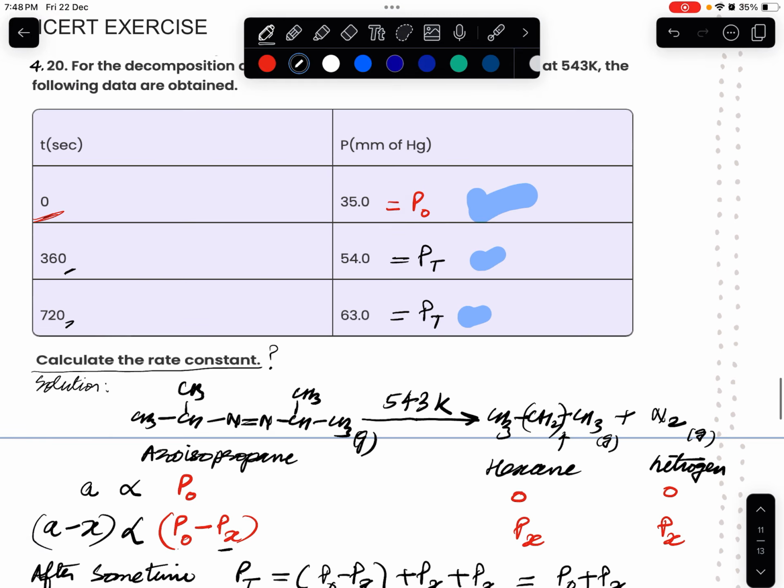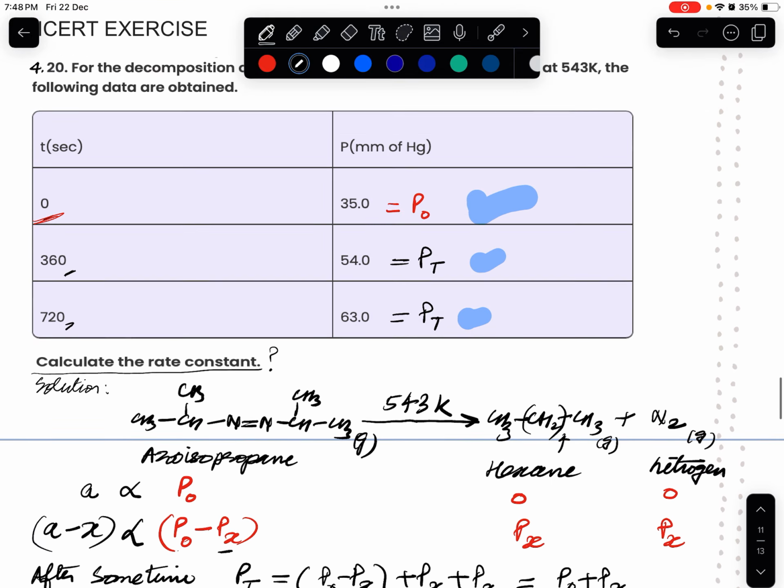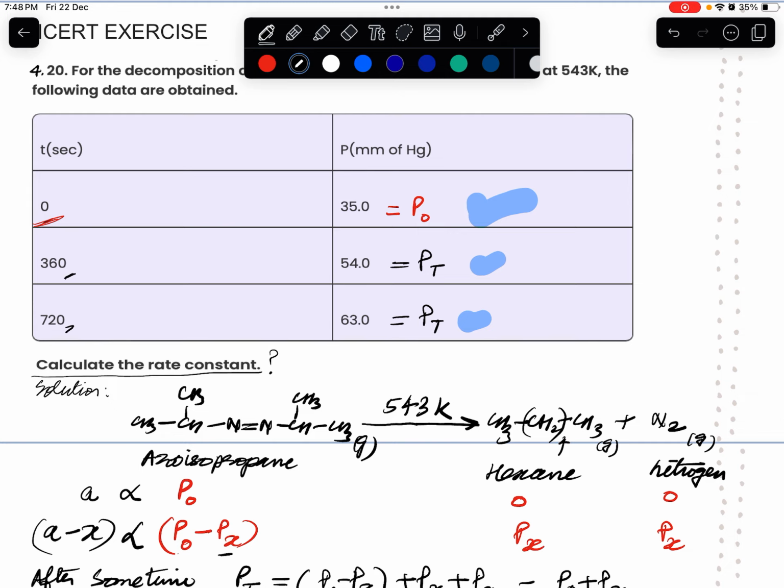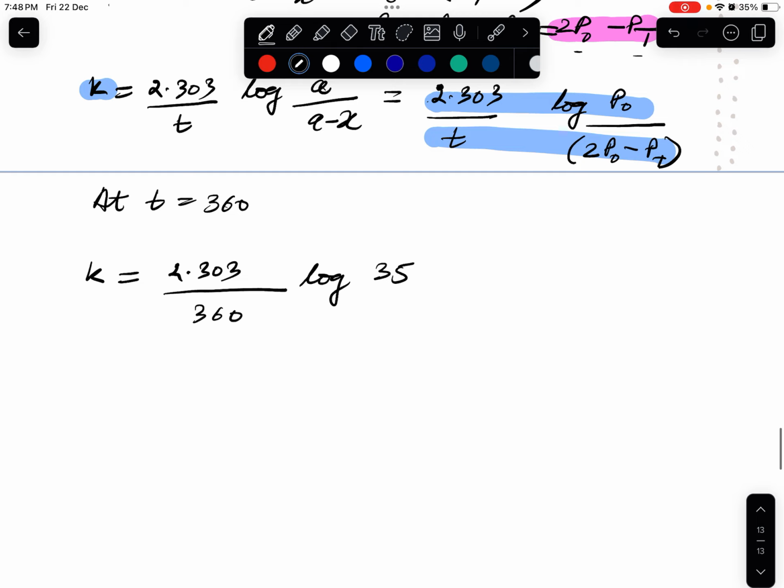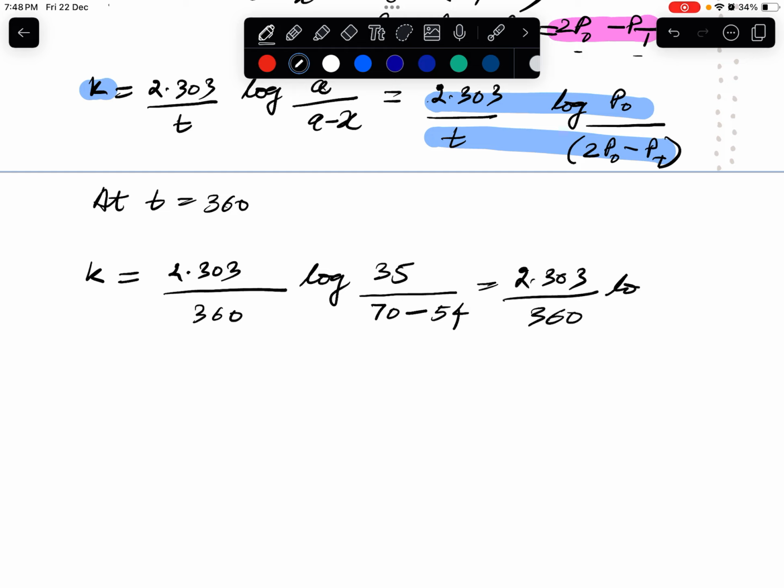P naught is 35 and P total is 54 in the first case, 63 in the second case. So we are doing the first case. So we are going to use 54 divided by 2 P naught. 2 P naught is 35 into 2, which is 70. So 70 minus 54. So this is equal to 2.303 divided by 360 log of 35 divided by